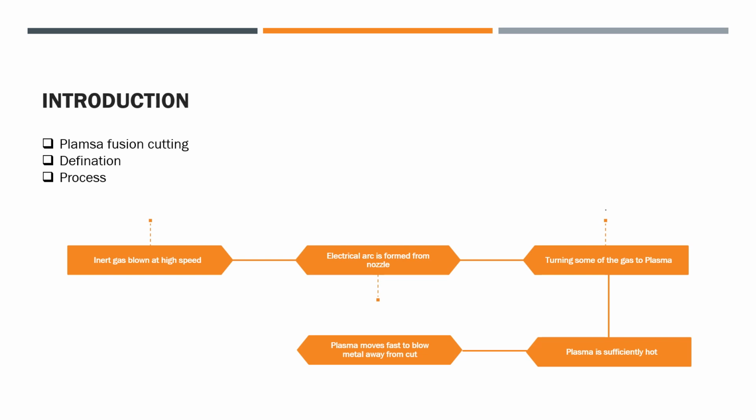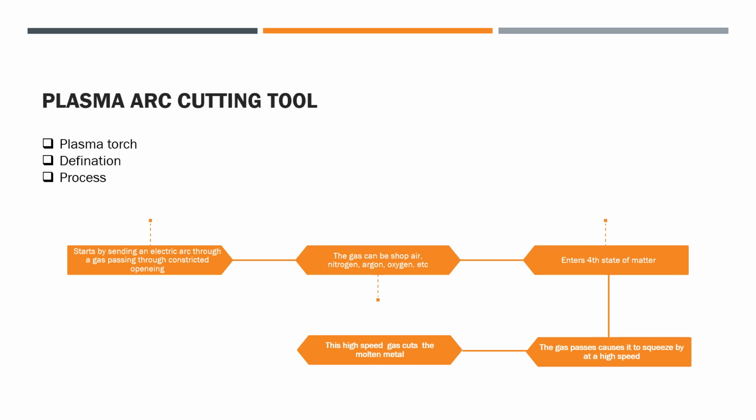At the same time, the electrical arc is produced through the gas from the nozzle to the surface being cut, turning some of that gas to plasma. The plasma is sufficiently hot to melt the metal being cut and moves sufficiently fast to blow molten metal away from the cut. After the introduction, we will continue our presentation with our plasma arc cutting tool,